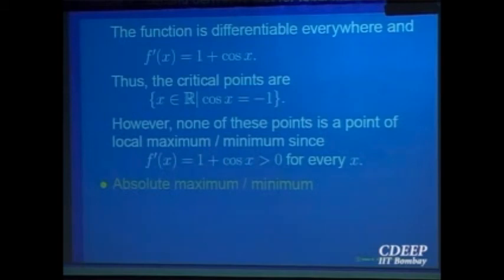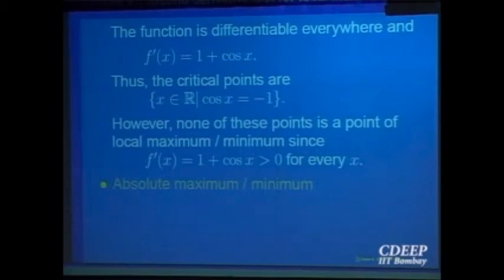Right? So once you have located your points of local maxima and minima, the endpoints, and the points where the function is not differentiable, to find absolute maxima or minima, what should we do? Just find the values at all such points. These are the possible candidates, and see which is the largest value and which is the smallest value.